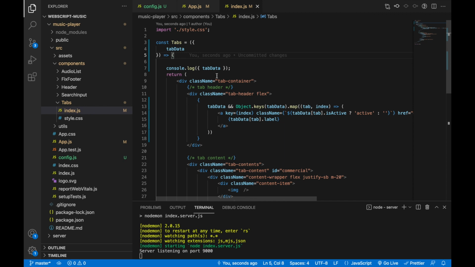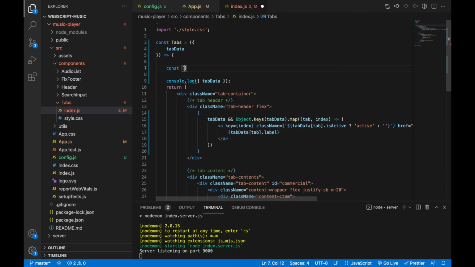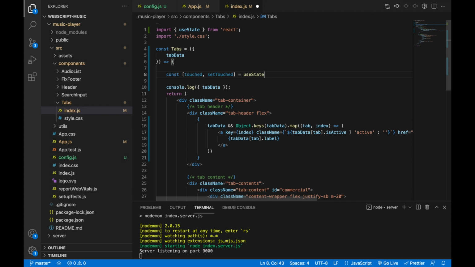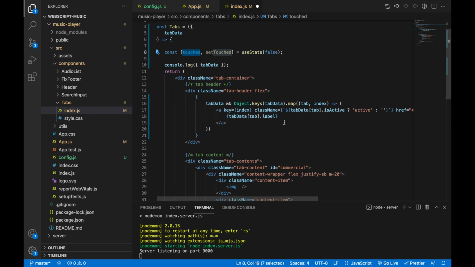Okay, so we'll write in a state variable const, and here we'll say tab flag, or we'll say touched, set touched state, that is going to be false, right? So when touched is false, then we'll run the server logic. Okay, here we're gonna say